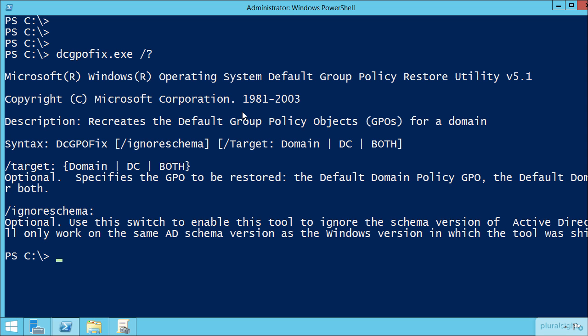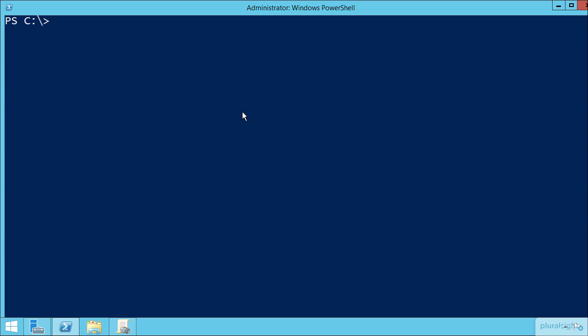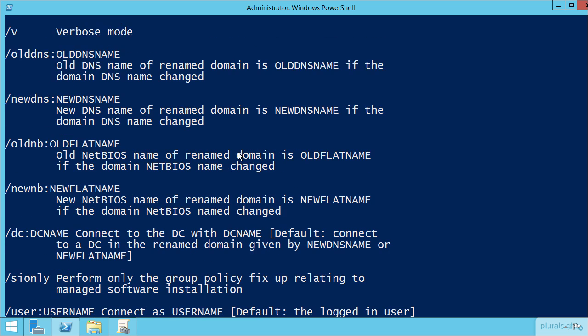The other command you should take a look at is one that is used only in a very limited use case. In fact, I don't think I've ever had to use this in production in any location thus far. That is gpfixup.exe. Again, another one of these old school exe commands, which, as you can see here, is designed to be